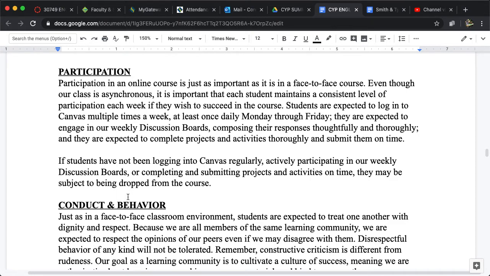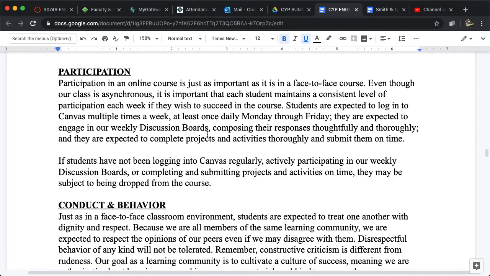If students have not been logging into Canvas regularly, actively participating in our weekly discussion boards, or completing and submitting projects and activities on time, they may be subject to being dropped from the course. So it's really important that you are maintaining a consistent level of participation on Canvas on a weekly basis, just to make sure that you're engaged with the course.